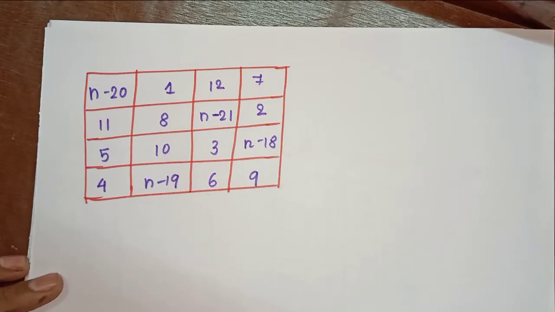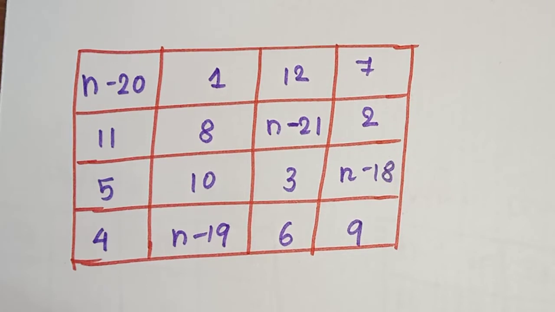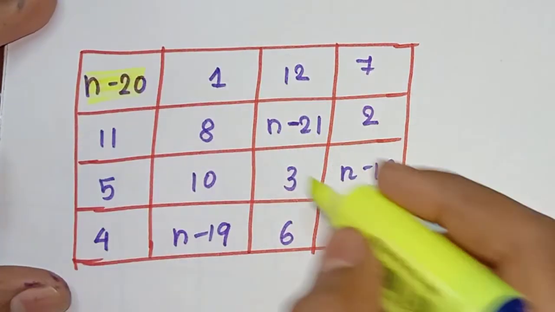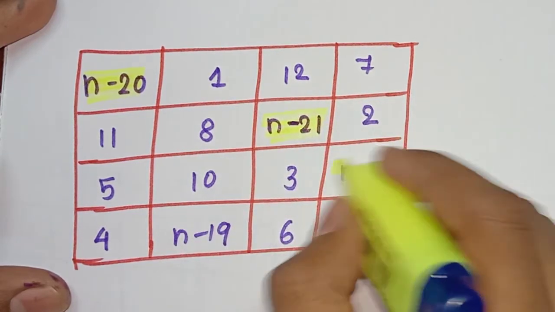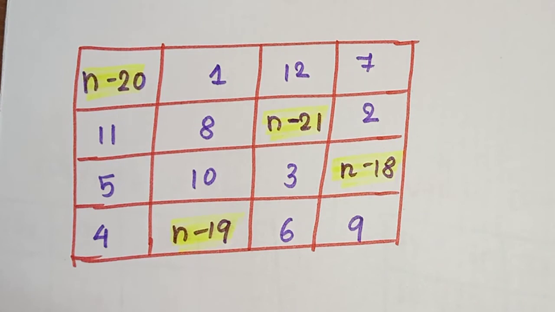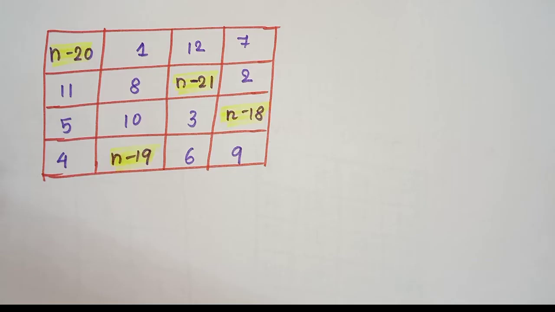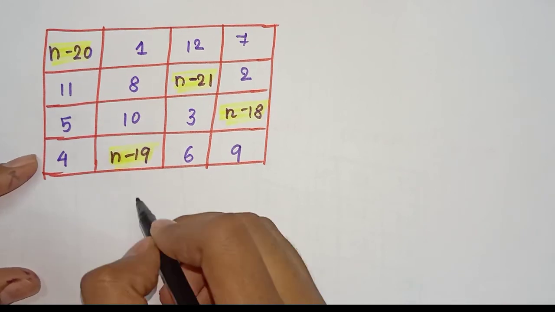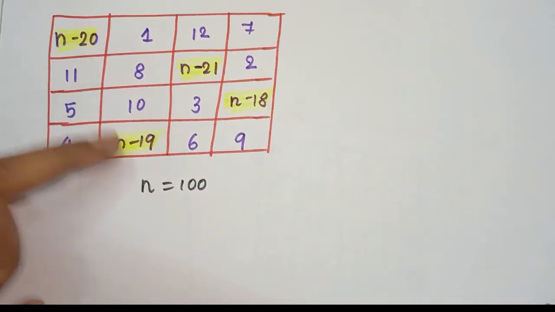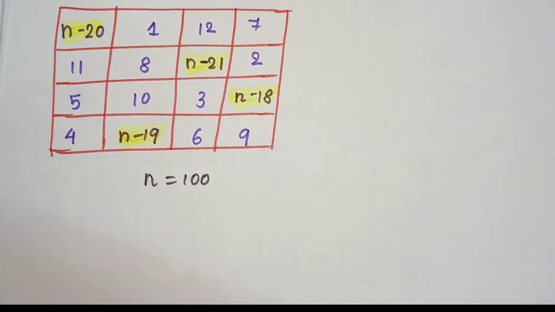As you can see, certain blocks are totally in numbers, whereas certain blocks, this one, this one and this one, are in a variable. So these four boxes are in a variable and depend on the value of n. It depends on whatever you choose n as. Just for showing you, I will select the value of n as 100. Then we just have to find these four elements and put in the values, and the magic square is done.